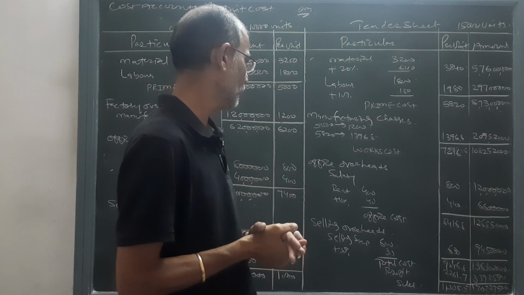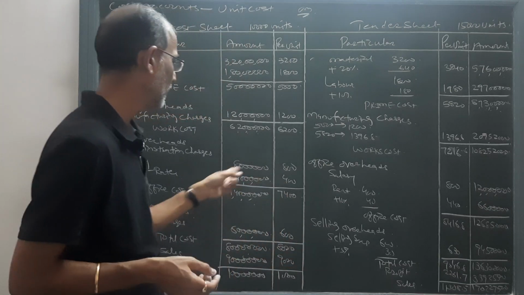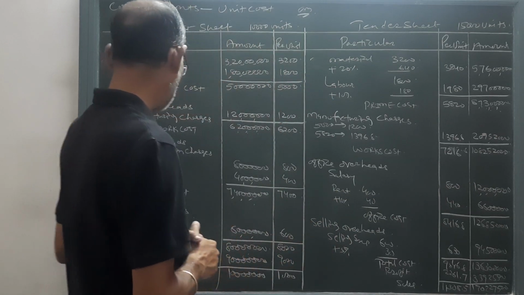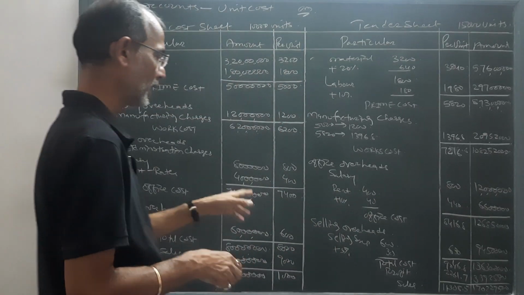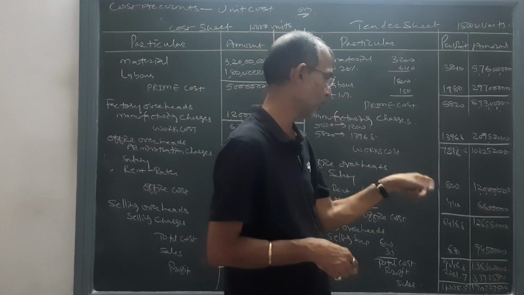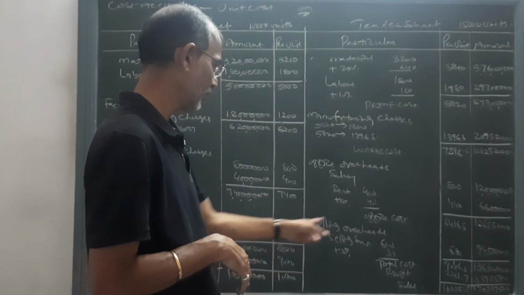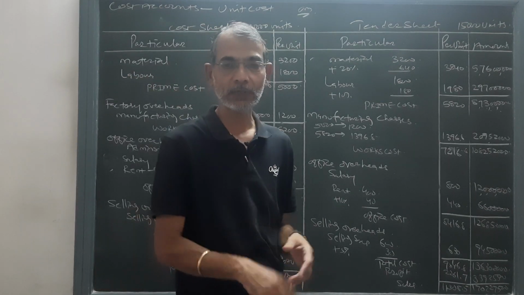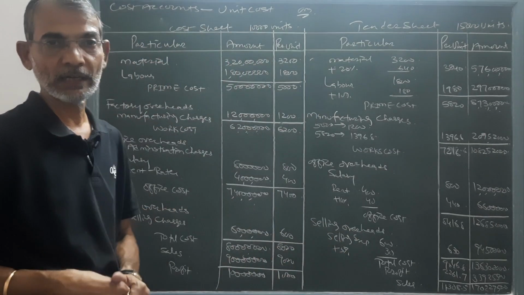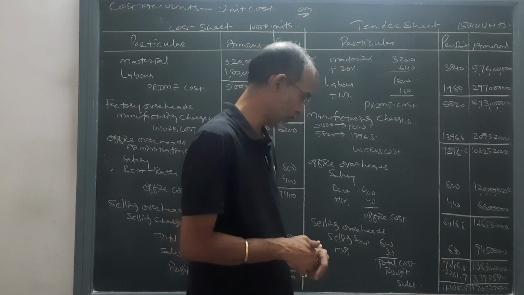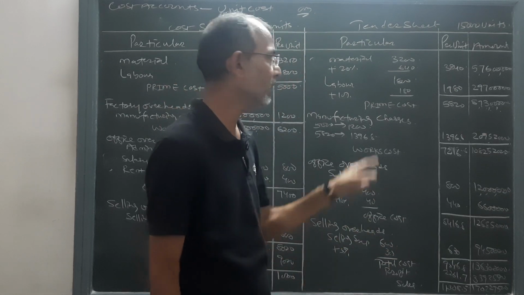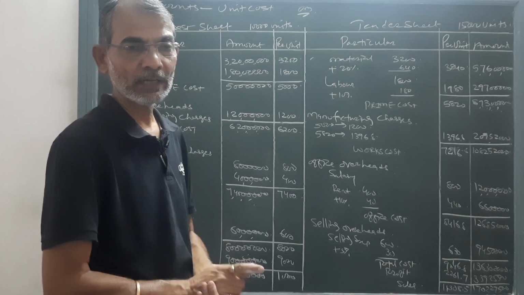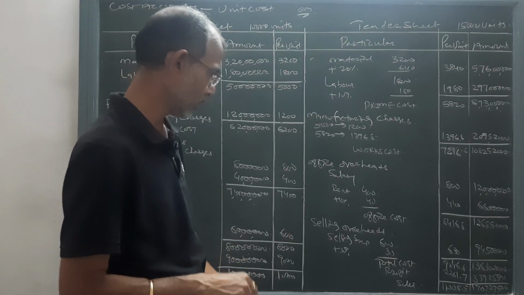Then after, if we come to office overheads, salary will remain as it is, 800 into 15,000, 1 crore 20 lakh, while rent will increase 10%. So 400 plus 10%, 440 into 15,000 will be 66 lakh. This gave us office cost. Then after, selling overheads were to rise 5%. So earlier it was 600, now adding 30 as a 5% will give 630 into 15,000 will give us 9 lakh 45, 94 lakh 50,000 as total selling overheads, and total cost